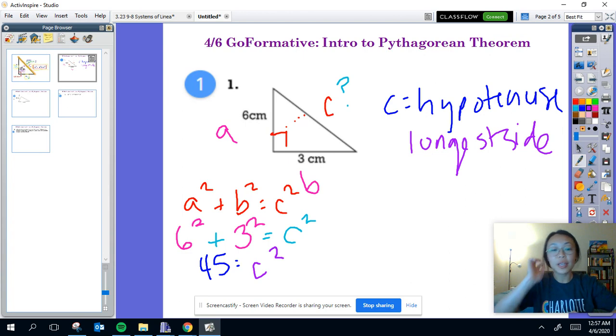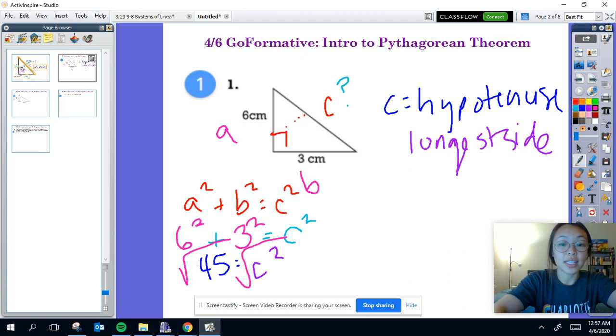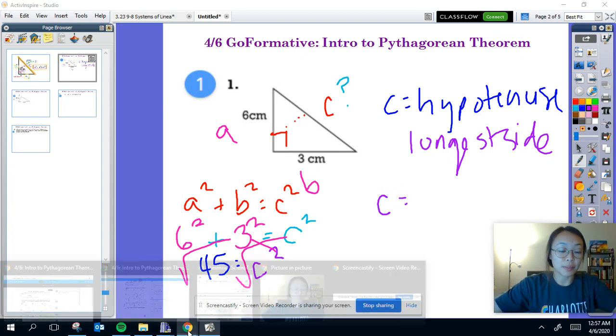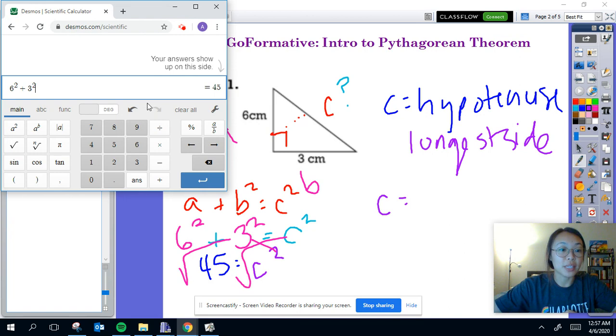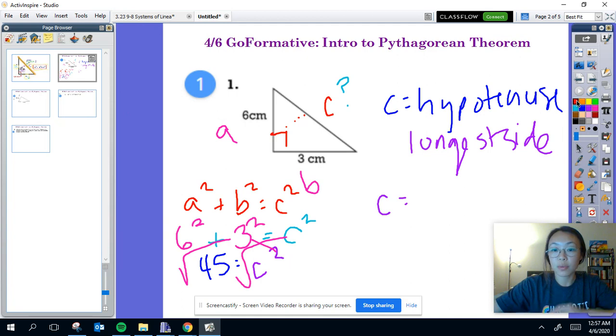Now you guys remember, in order to undo a square, I have to take the square root. So I can do that to both sides. These cancel, and I'm left with my C value by itself. And I can use my calculator to find out what the square root of 45 is. I'm going to click this sign and hit 45. And right here, I get 6.71. So my C value is